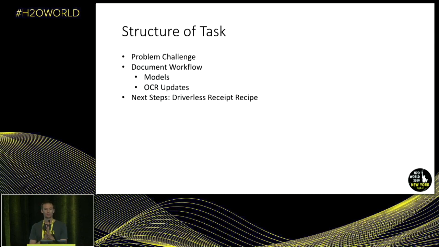So, a pretty quick structure of the talk, a pretty quick talk. First, the problem challenge, to show you what we're actually doing. It's been called Document to Vec, it's OCR.ai, it's a lot of little things all in one. We'll go through the actual document workflow. We do this with several different documents, but I'm going to pick one of the most mature ones that we have. And it's a little different than what we've shown in the past. Then we'll show the models and specifically the OCR updates that we have in mind for what OCR.ai may become,